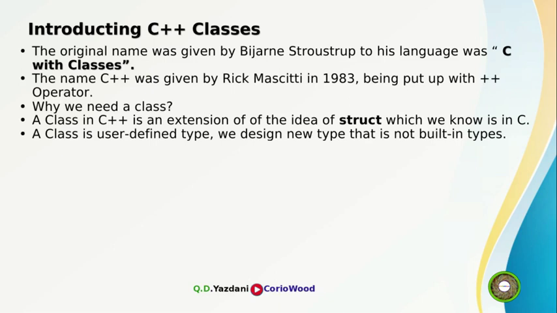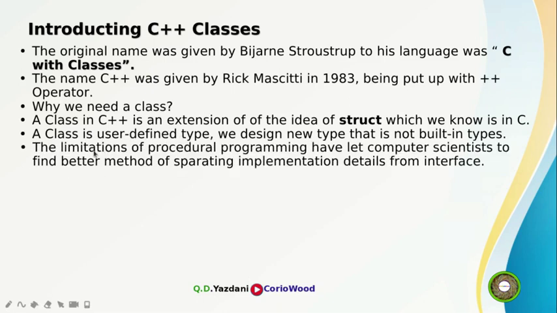But a class is a user-defined type, so we can define our own type, whatever type we want. We want to do class car, class man, class woman, class house, whatever class you want, so you can define that one. The limitations of procedural programming have led computer scientists to find better methods of separating implementation details